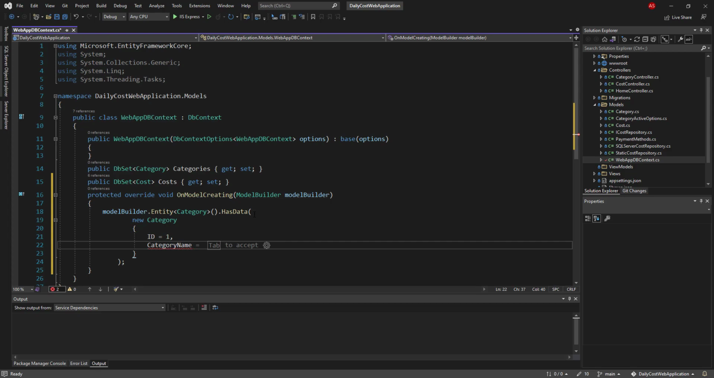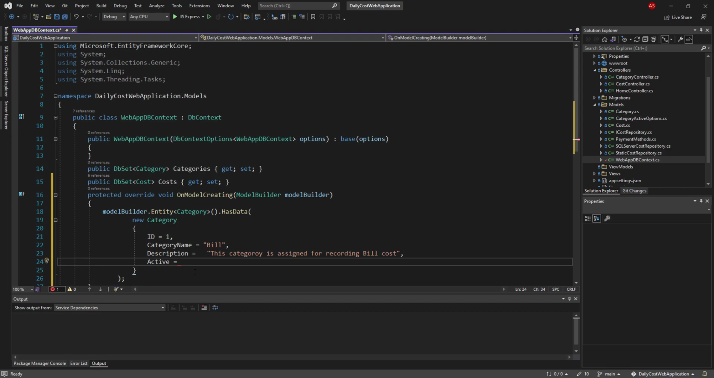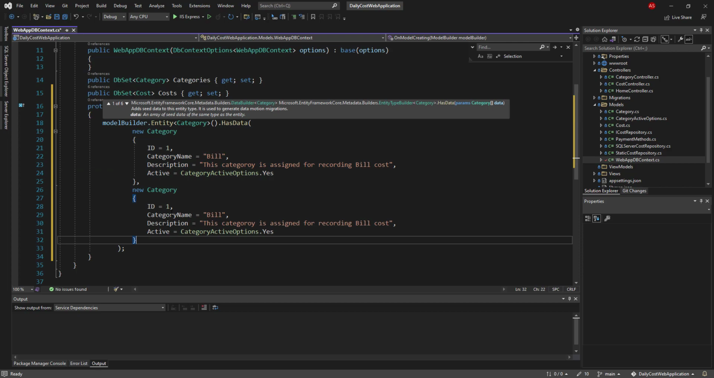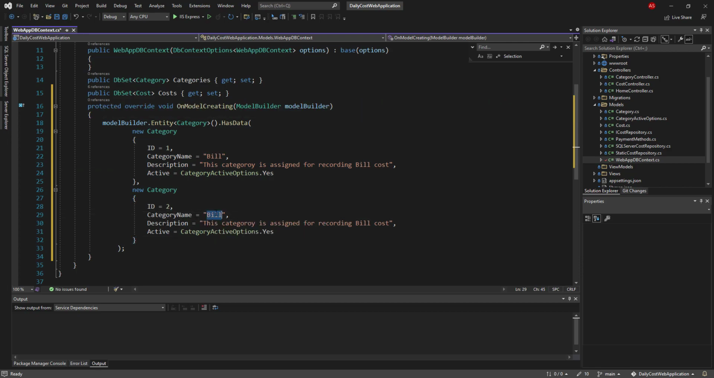Its category name would be bill, and a category description. And also I can set the property of active, as I'm using the category active option enum, and it is yes. And I can create another record for the category table. I copy this object and paste it here, and I change the ID to 2, and the name to grocery, and